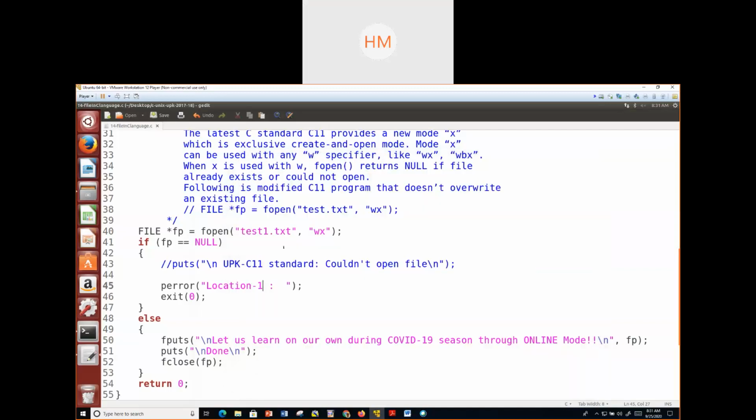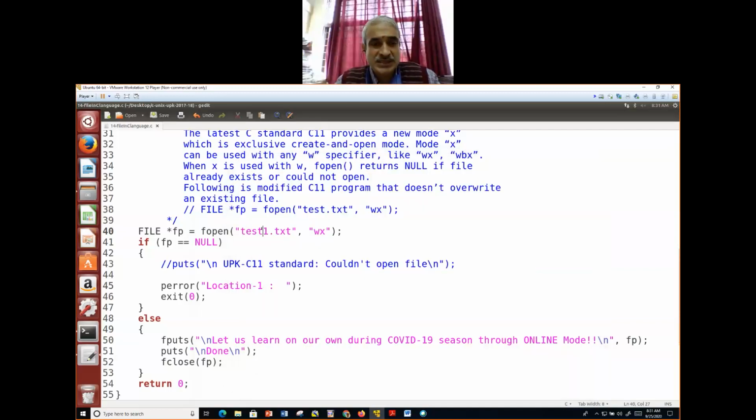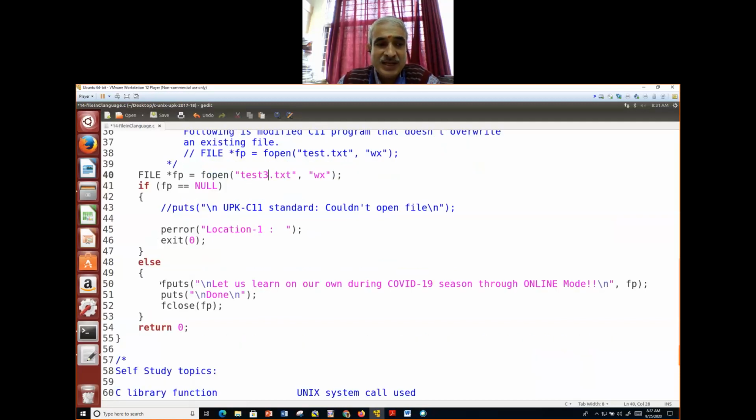Now test1 exists, so what I'll do is change it to test3. So now there won't be an error. It will put this in the file. Then I'll get the done message, and I'll close. I'll save it. Now the name of the file is test3.txt.